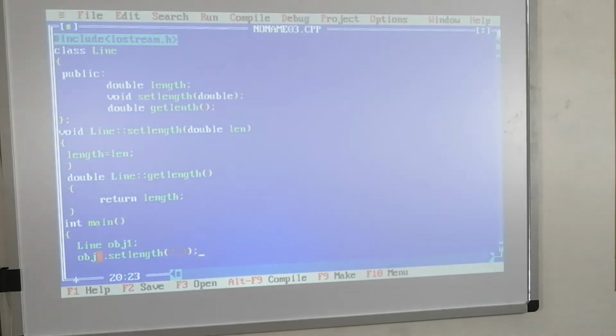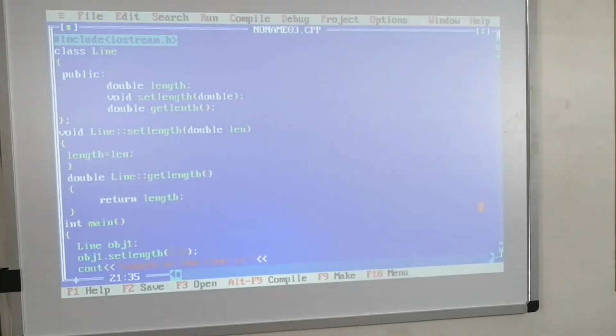Then I am going to print the length of the line. cout, length of the line is. The set length function is there now.